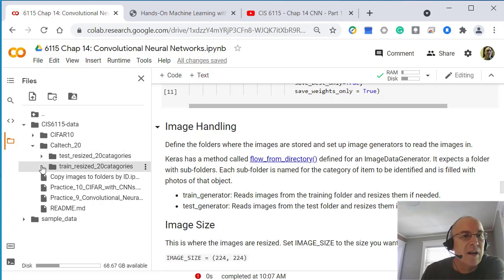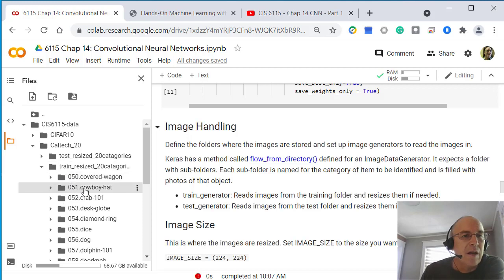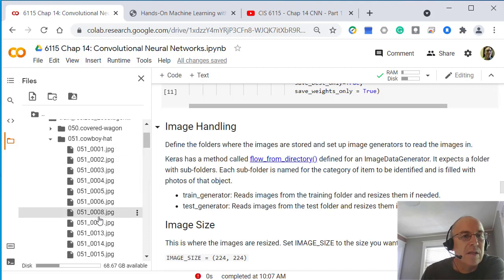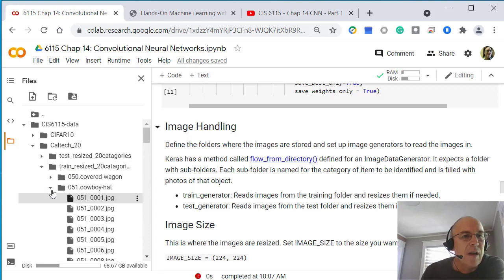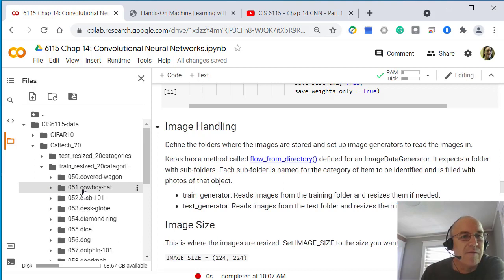And in each category, there are images, so there's a bunch of images of cowboy hats and a bunch of images of crabs and dice and that sort of stuff. So in each of these categories, there'll be a bunch of images of that sort of category. These are broken up into folders. Each folder is an example of a different category. And so this is how